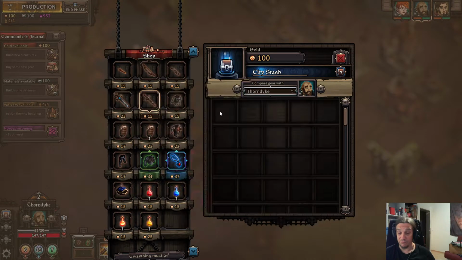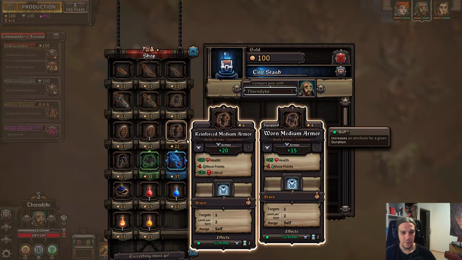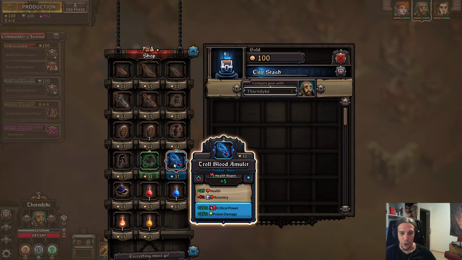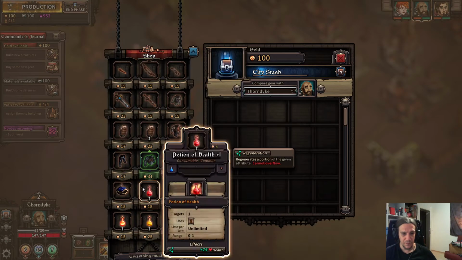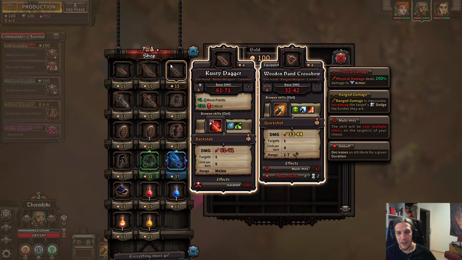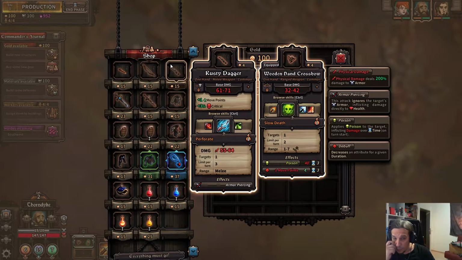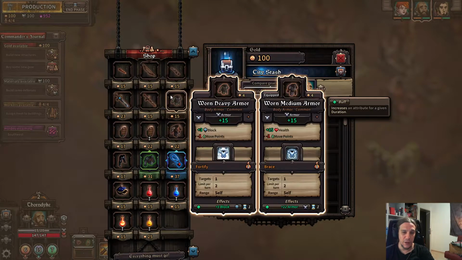Silver Sword. Decent. Heavy armor. +20 armor. That one looks good. Troll Blood Amulet. Not really buying that. Rusty Dagger. Oh, backstab, perforate, throwing daggers. Throwing daggers? Seriously? It's only low range, but...